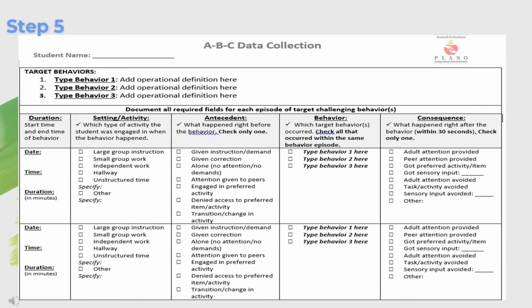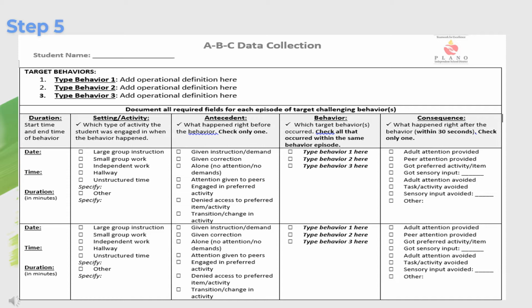For each new FBA, you'll type your specific target behavior and their operational definition directly onto the data sheet. For each episode of target behavior, you'll complete the entire row. All of the information is used to determine a baseline of occurrence as well as function of the behavior. It's also important to note that staff record only one antecedent and one consequence for each episode of target behavior. Doing so will help make it more likely that you identify the controlling environmental variables as well as the correct